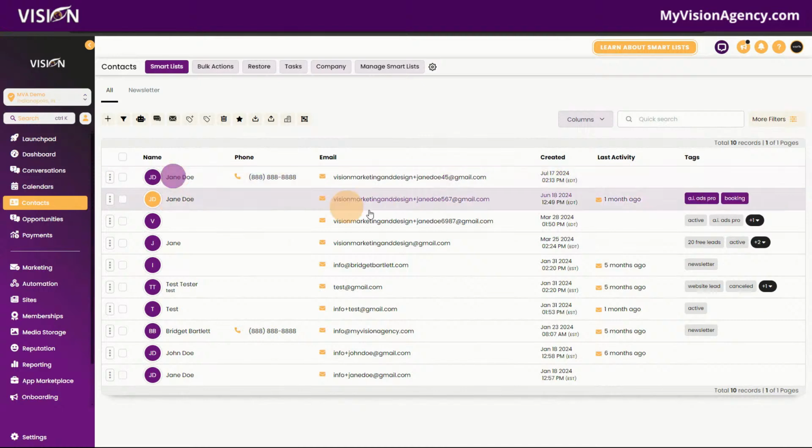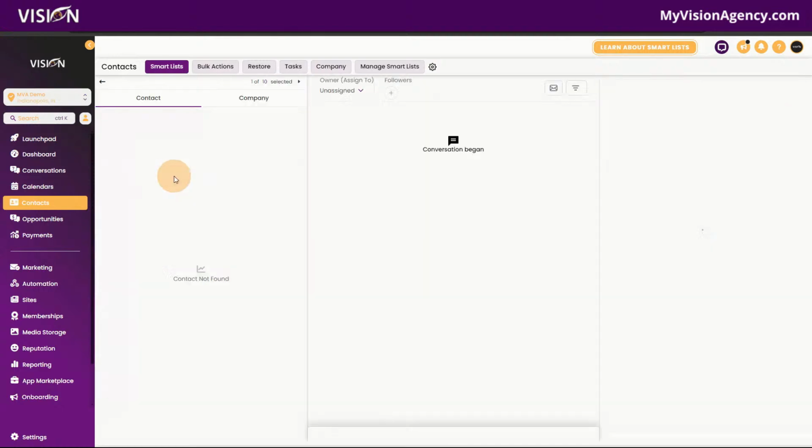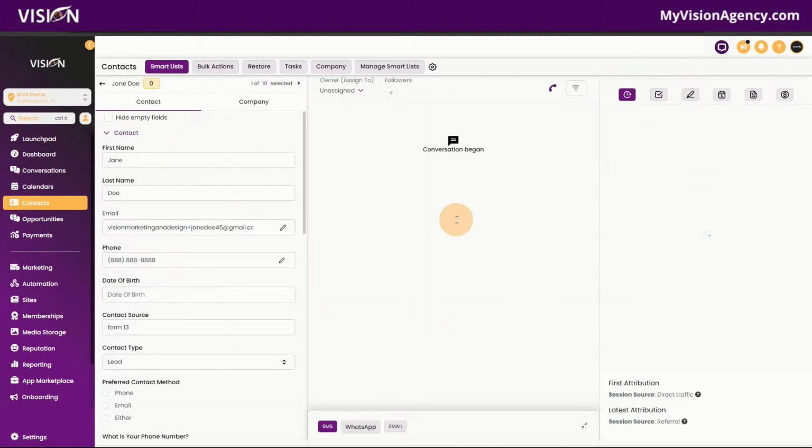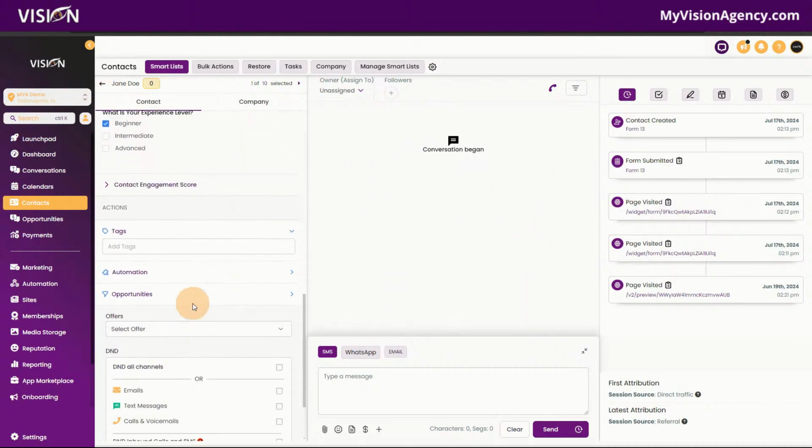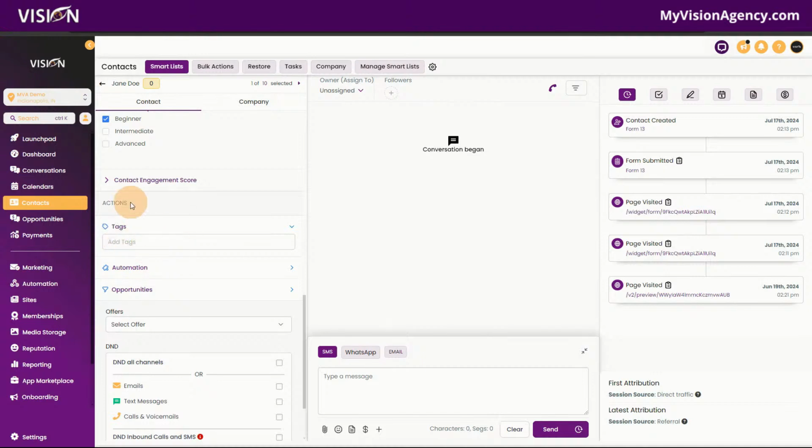Something else I love about tags is when you are in the profile here, let's say that Jane Doe contacted me and I'm having a conversation with her. And just so that you know, we have WhatsApp and emails, and you can communicate Facebook Messenger and Instagram. All of that can be found inside of the conversations tab. So if I'm having a conversation with Jane Doe here, I can actually look over here and see what tags